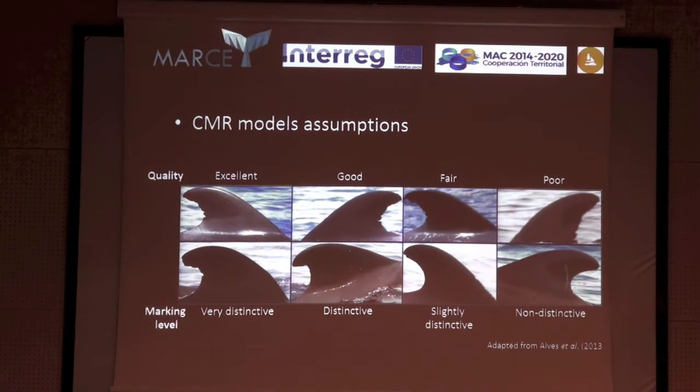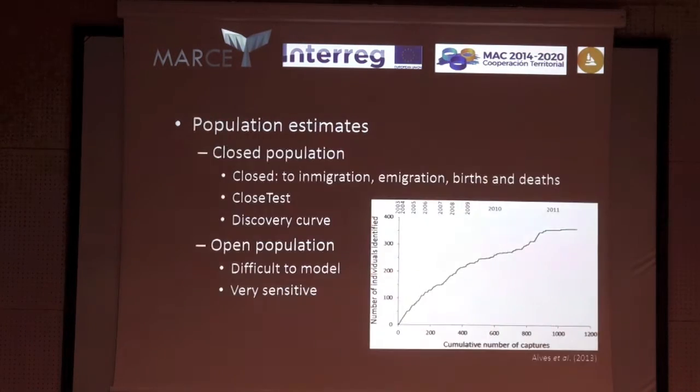So these are just a few examples of different quality types that go from excellent to very poor. So this is in focus, not completely out of the water, not very well lit, and different marking levels that you can use, from very distinctive all the way to non-distinctive. So there are no nicks on the edge here. There is a scar, but scars can disappear sometimes even over a few weeks, and in other times they can stay for the entire life of the individual. Okay, so these can be used in the short term, but usually not on the long